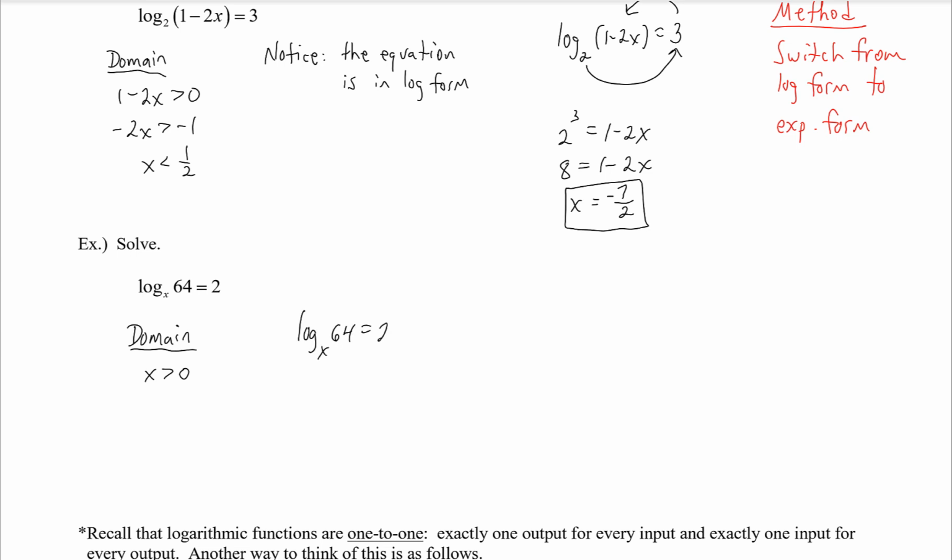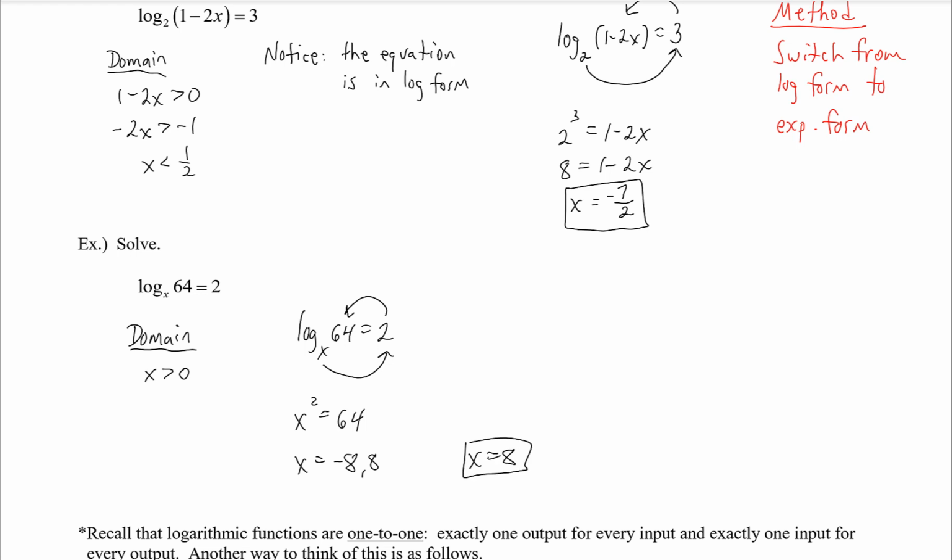So again, let's steal that method we just did. Let's go from log form to exponential form. So it'd go base to this power equals that. Logs are exponents, so 2 is the exponent. So it'd be x squared is 64. So x is negative 8 and 8. However, x is the base of a log and x has to be positive. So we really just get